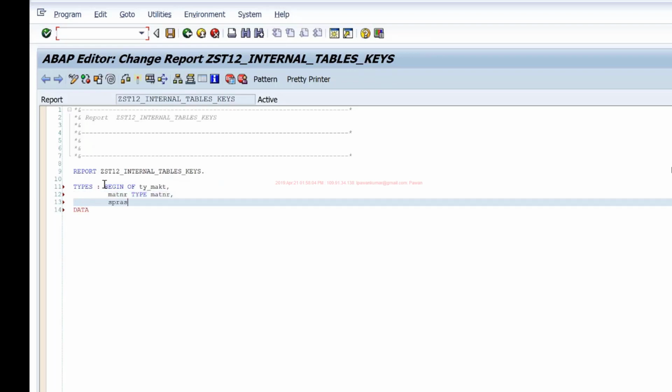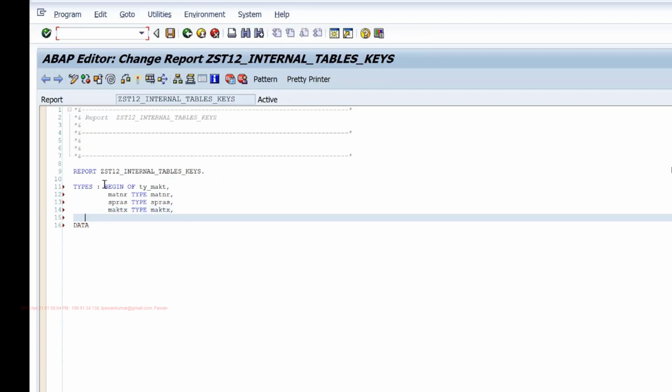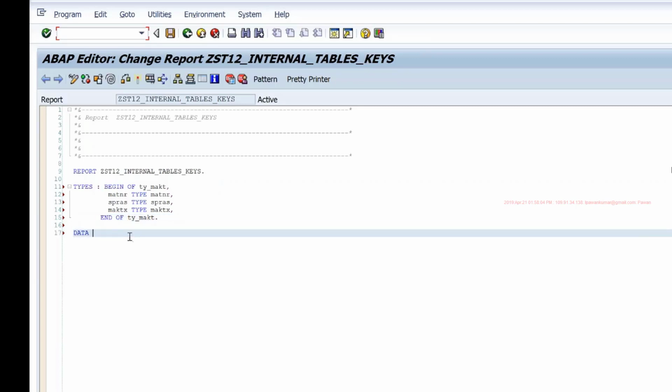MATNR, SPRAS, MAKTG, X. Now if I define an internal table, data IT_MAKT type sorted table of T by MAKT with unique key MATNR SPRAS.